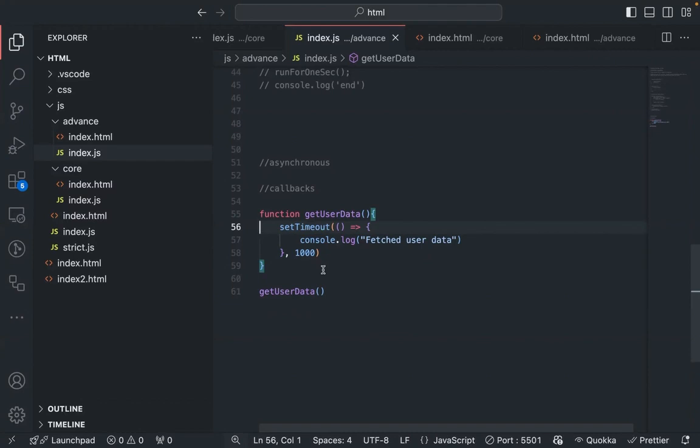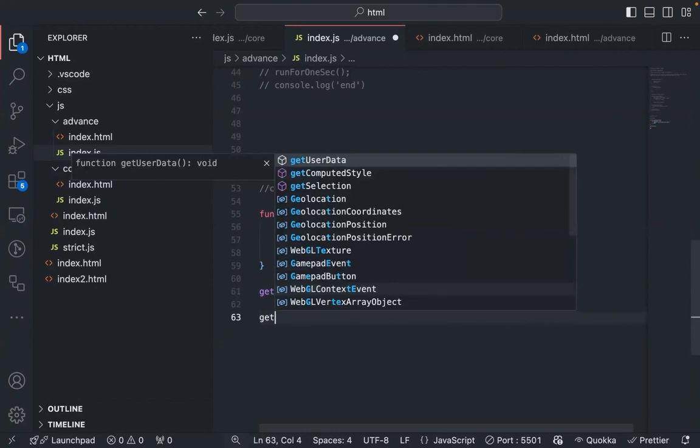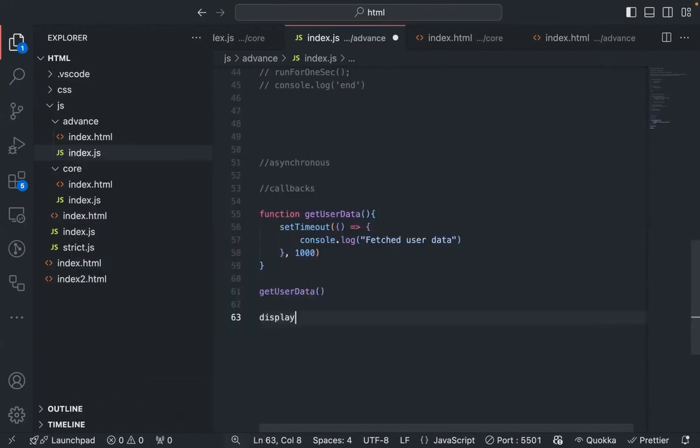Now if I do something like display data, let's say we have a function display data, and we just say console.log